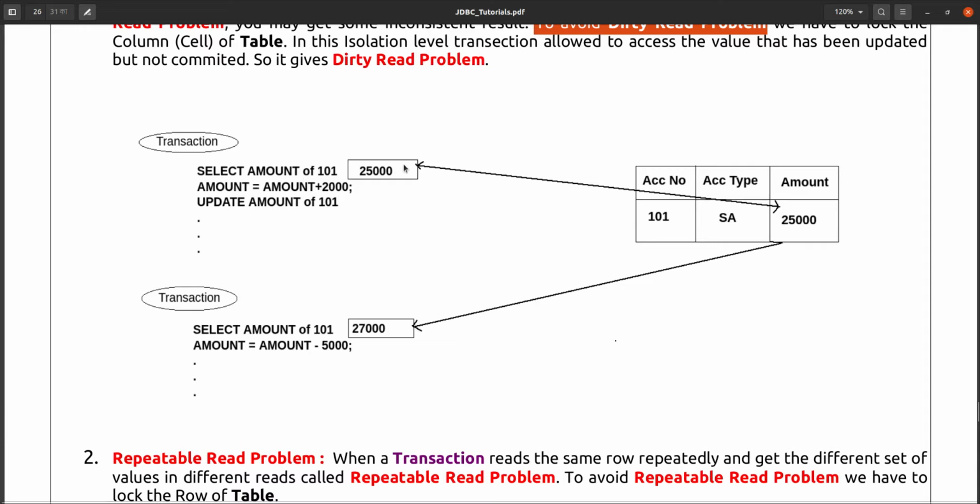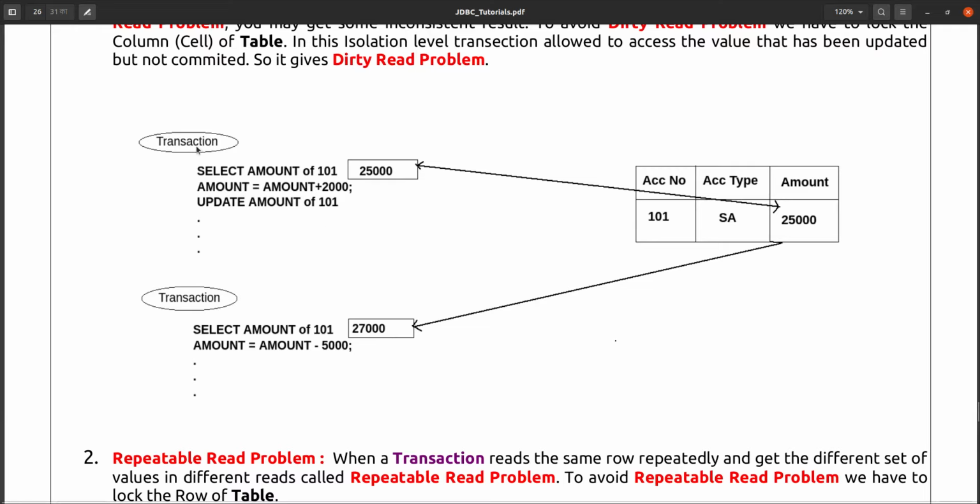This is the first transaction that is reading this value and saving the value. 25,000 plus 2,000 is added and that value is updated in the database. And another transaction came that is reading the value 27,000. So that 27,000, which the second transaction is reading, is a dirty value.